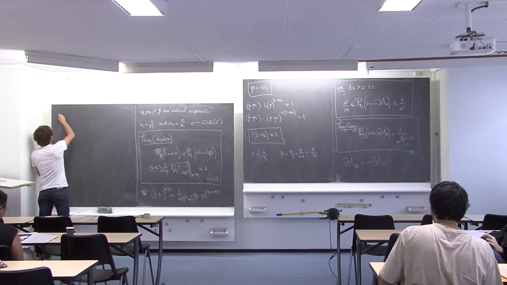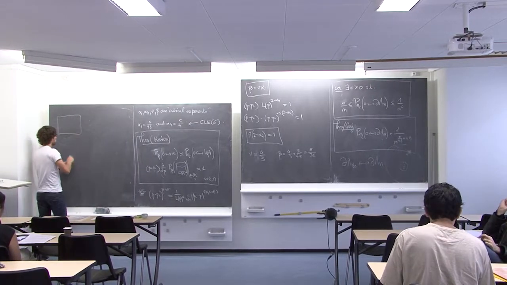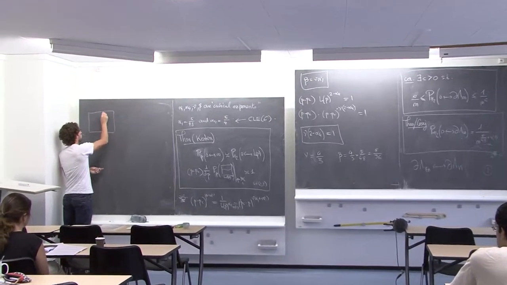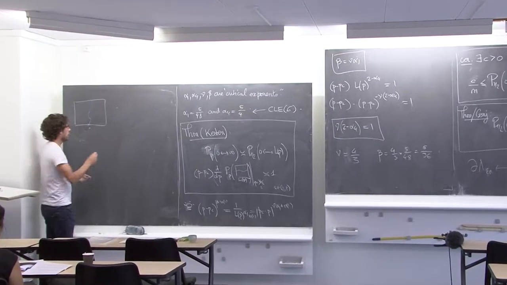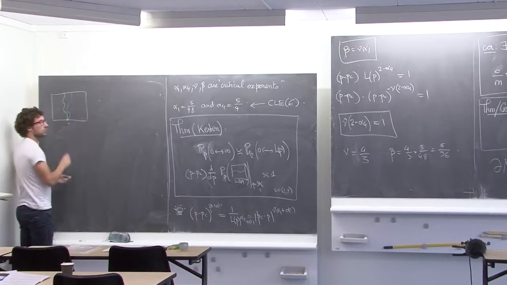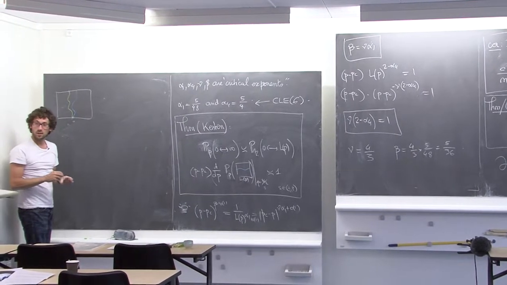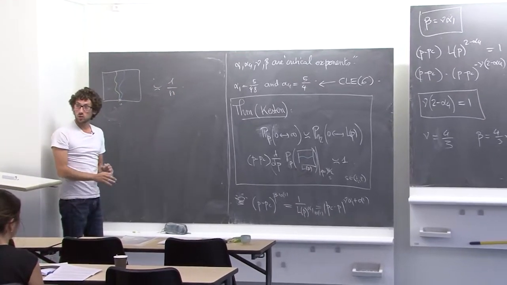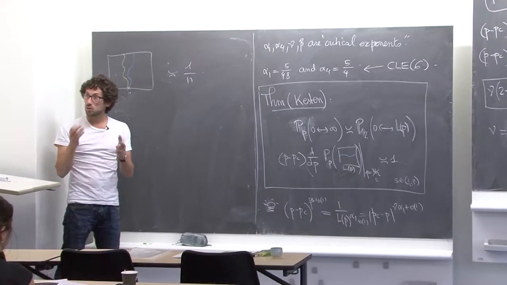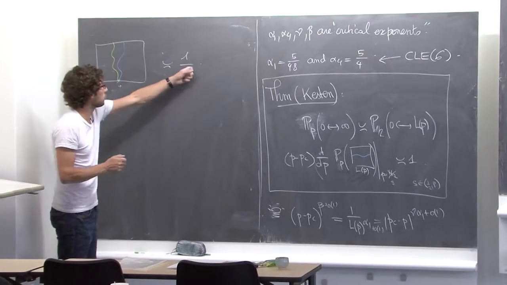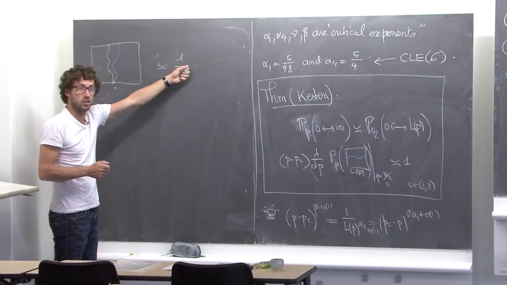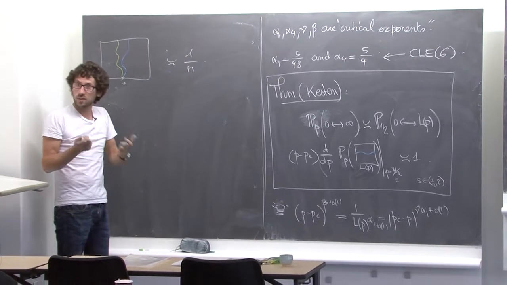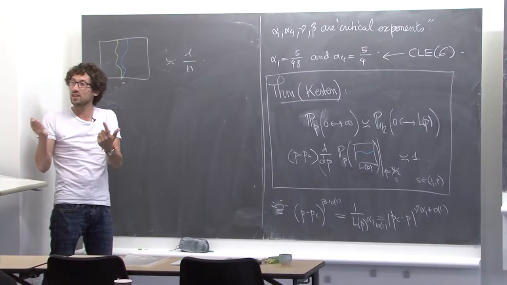So one is just, you go on the boundary, you look at 0, and you look at the probability of having an open path from 0 to distance n, and a closed path from 0 to distance n. Well, this probability is 1 over n. And you can prove it using only Russo-Seymour-Welsh. So the critical exponent here, which is 1 in this case, you can get only from Russo-Seymour-Welsh, which is something kind of surprising, that you don't need more than that.